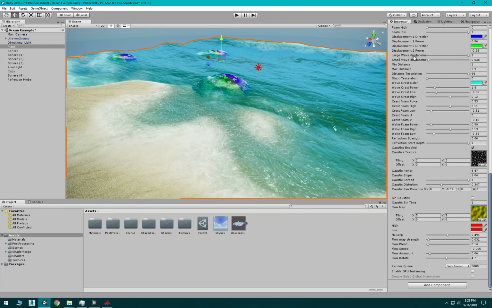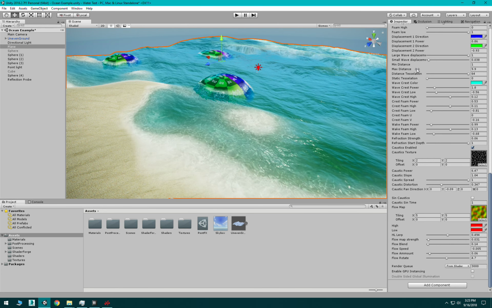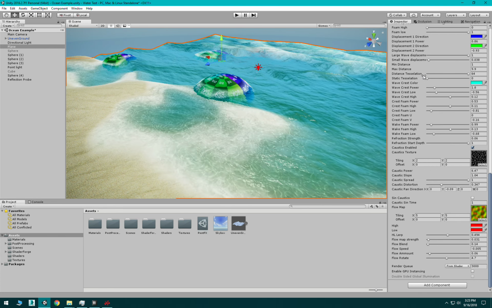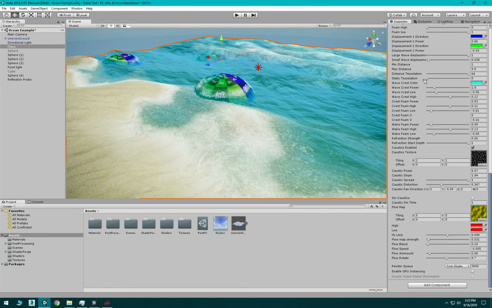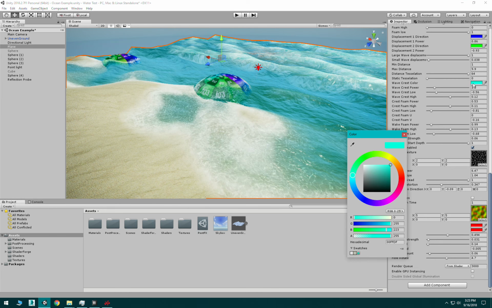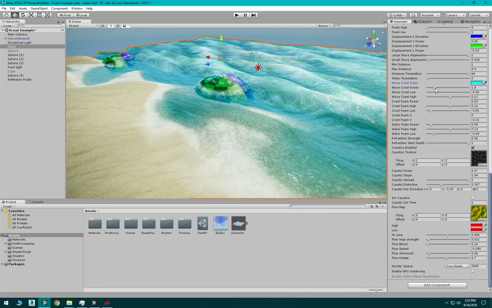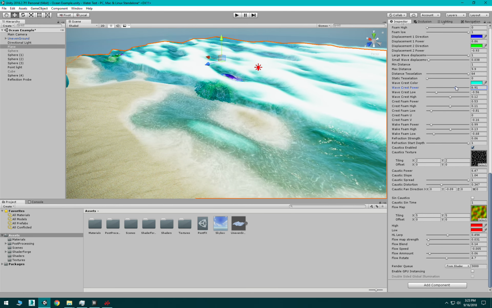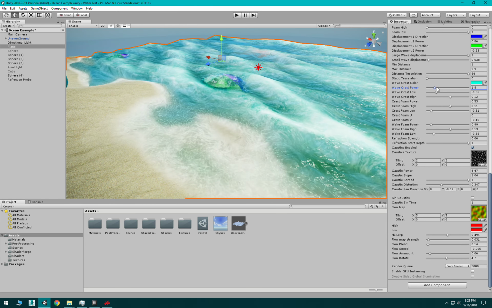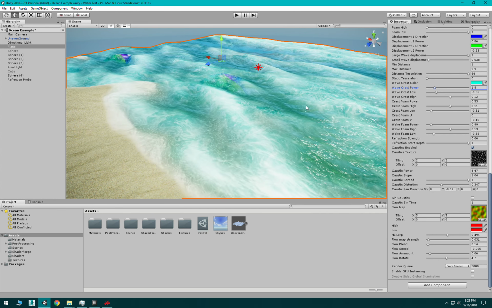You can change the displacement of each wave set, the large and the small. The tessellation is right here, your distance versus your static. You got your actual wave crest color here. Watch overpowering this with the SSS because you'll blow it out and it looks emissive, and that's bad. Your wave crest low and high. Pretty much just the